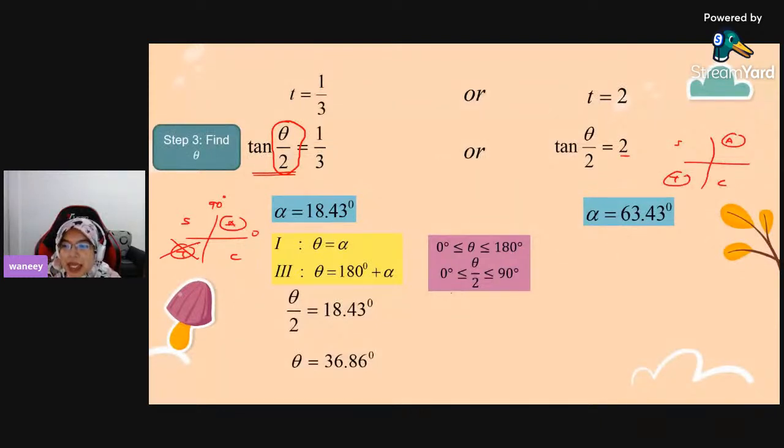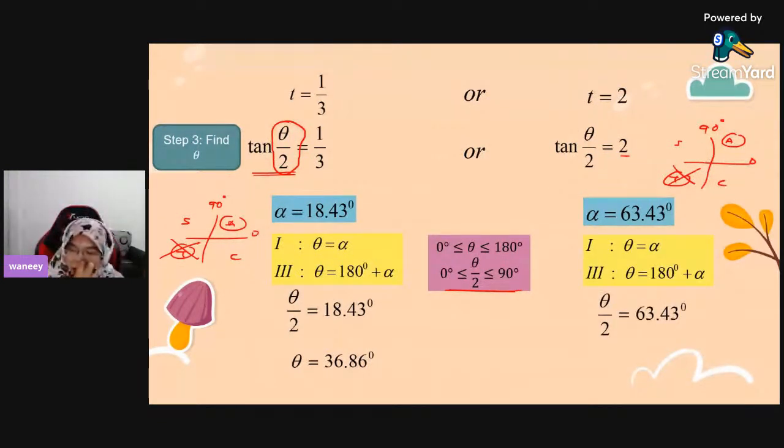But since the range is between 0 and 90 degrees, I don't accept any answer in the third quadrant. I only accept my answer in the first quadrant. So theta over 2 will be equal to 63.43, which means theta will be equal to